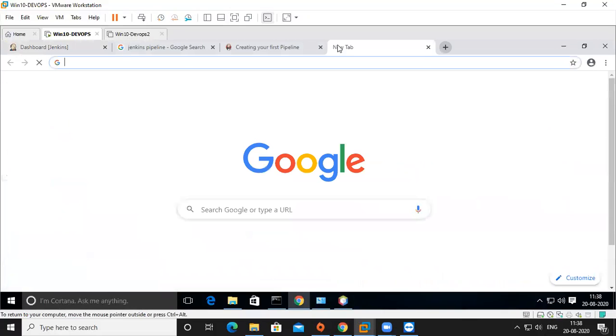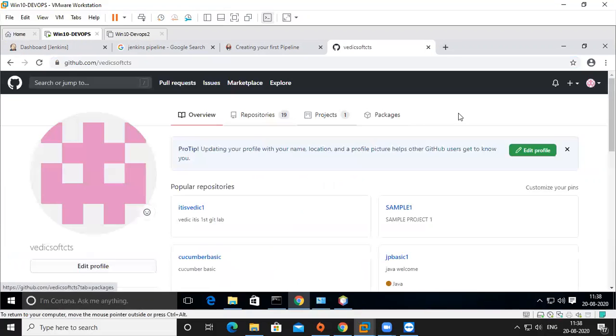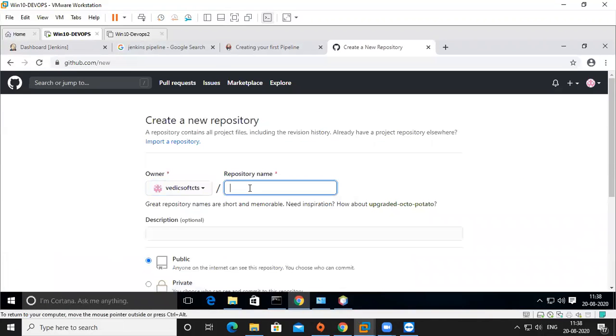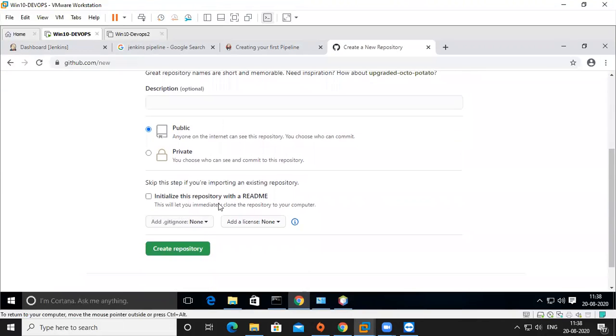Then I'm going to my GitHub, where I'm already logged in. Now I'm going to create a new repository, Maven project 2, and this is public.